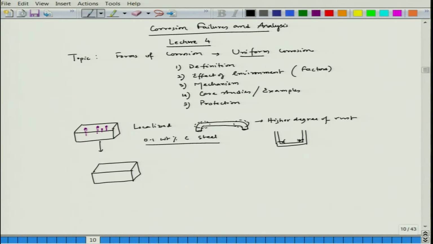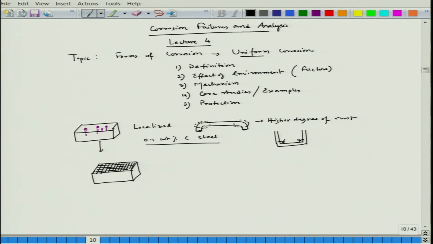if we experience corrosion, let us say on the top surface only, with all the other surfaces let us say lacquered or having a plastic coating. Now, the top surface will have almost uniform corrosion if we expose it to the environment. Okay. It is a flat surface, not much of undulation, and it is exposed to the environment.